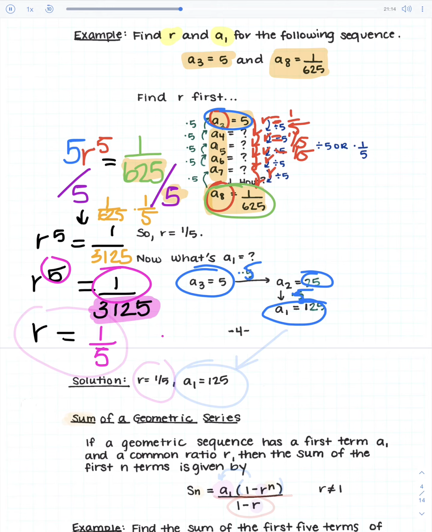We got our r first. Our r was 1/5. And then we got our first term working backwards, which was 125. Continuing along, we have another formula that's pretty